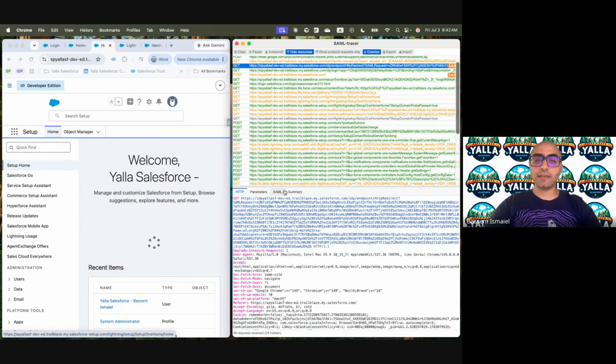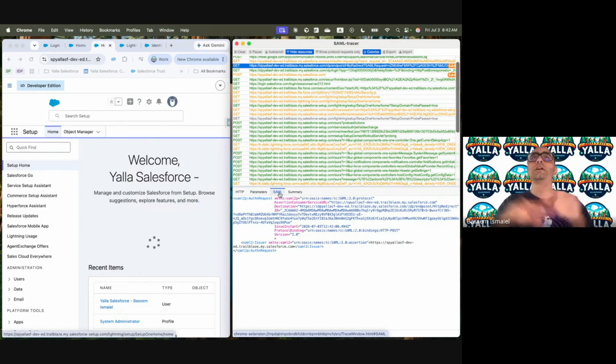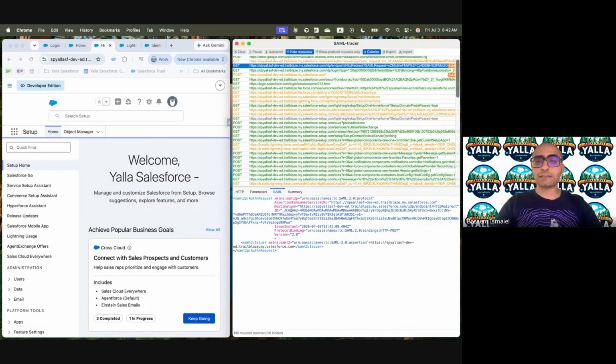So in here, when I click this tool called SAML Tracer, just to show you the SAML exchange between the service provider and the identity provider, you will notice that the first thing was a SAML request. What will be my destination? I started from the service provider, and the destination is the identity provider.